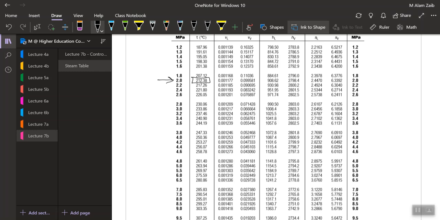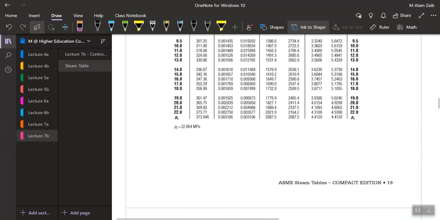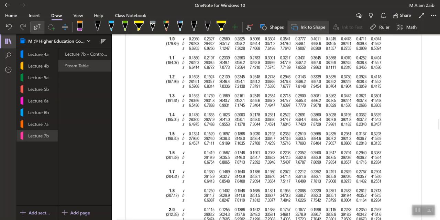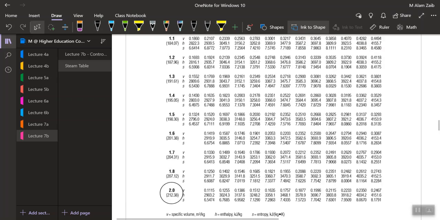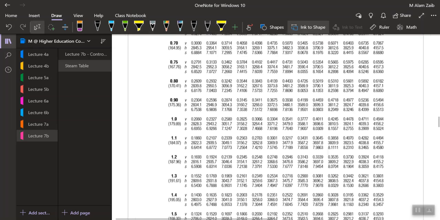saturation temperature is 212.38, while our given temperature over here is 350 degrees centigrade. So that means our 2 megapascal 350 degrees centigrade, it is in a superheated region. So going back to the superheated condition for a 2 megapascal, and that 2 megapascal is over here, 2 megapascal and 350 degrees centigrade, which is somewhere at the fourth column,